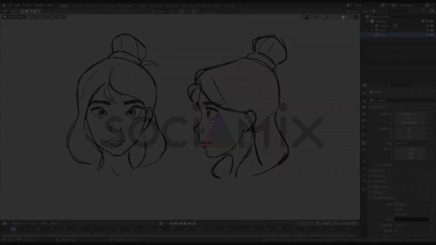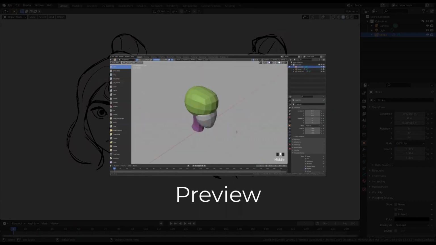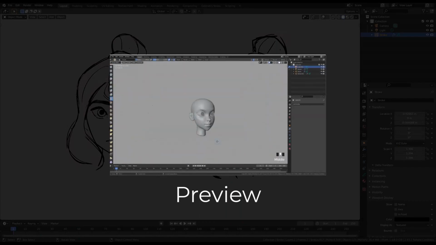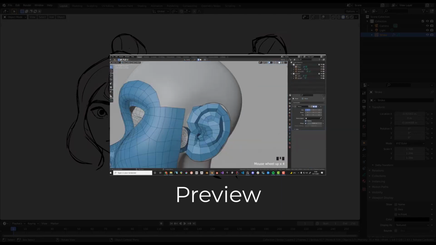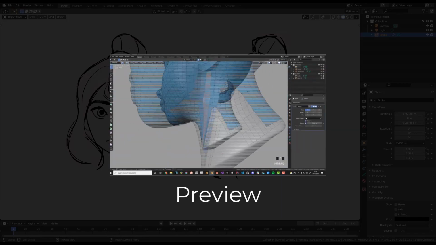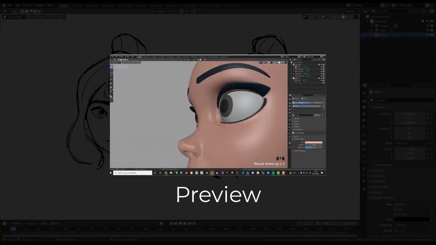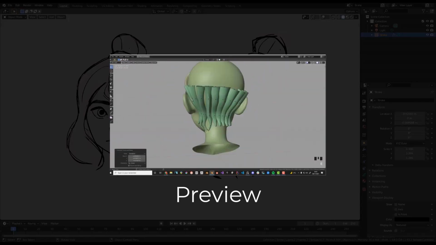Hello everybody, I hope you're doing well and welcome to this new video tutorial in which I'm going to share with you my workflow to model a Disney style head character. As you can see on screen, I already started a pretty basic sketch using the grease pencil tool